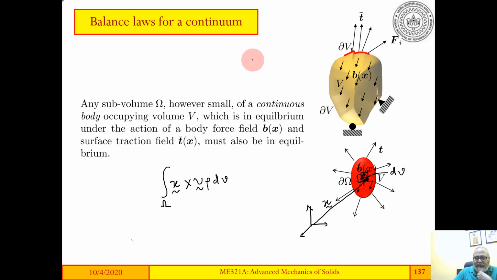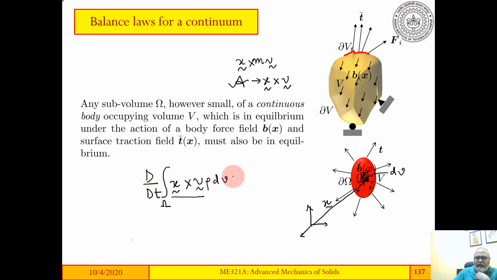So angular momentum is moment of momentum. So that is mass times velocity, x cross mass times velocity. So the total angular momentum per unit mass would be x cross v. So for angular momentum, A is x cross v. A is a vector which is x cross v. So that's what we get from here, x cross v rho dV, and